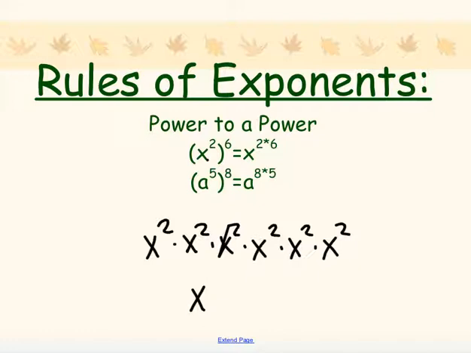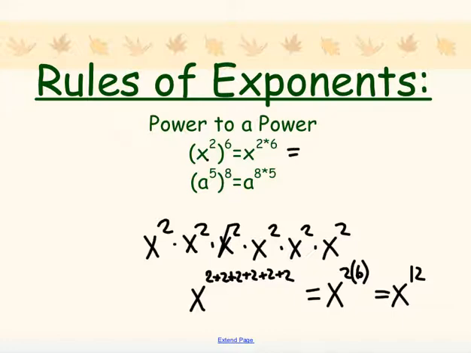So I'd say I have x to the 2 plus 2 plus 2, all of these 2's added together. Well, isn't multiplication just repeated addition? I could just say this is x to the 2 times 6 because I have 6 2's. Well, that's just x to the